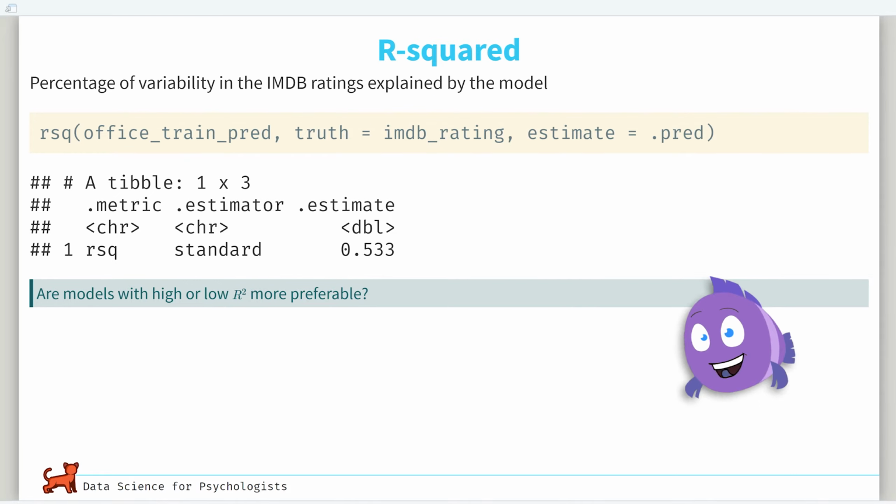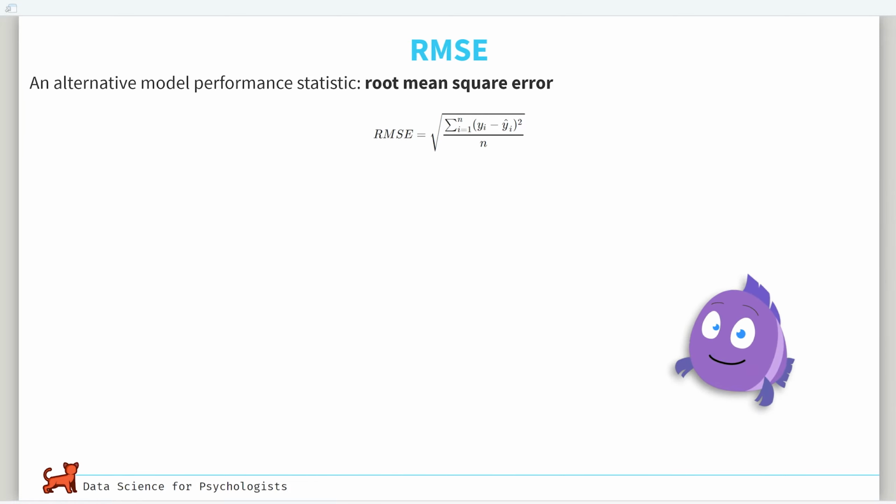As you'll probably have figured out, models with high R squared are preferable to low R squared because we want to explain more of the outcome as a function of all the predictors. Now, an alternative is the root mean squared error. There are other versions of this, but frankly, this one I think is the most intuitive as an introduction to how to think about this. So we have our RMSE, which is not the same as RMSEA, but we are trying to find the minimal average distance,